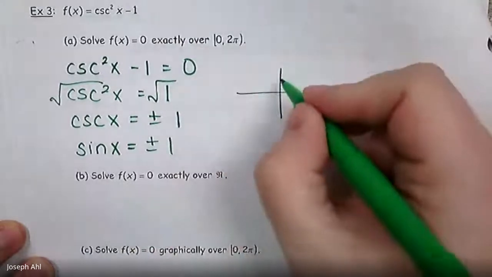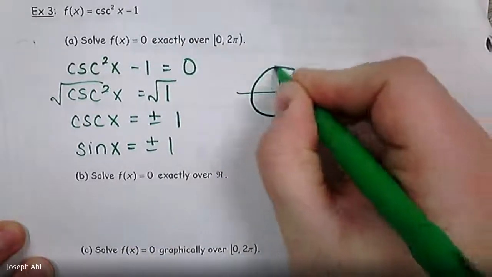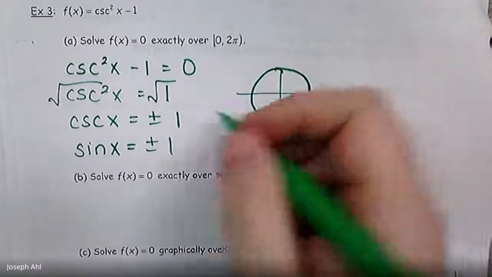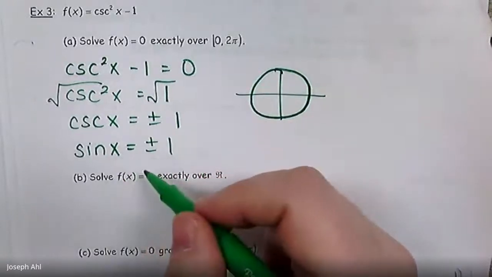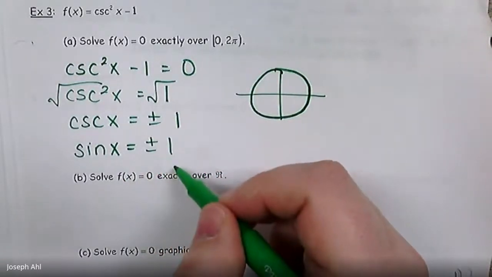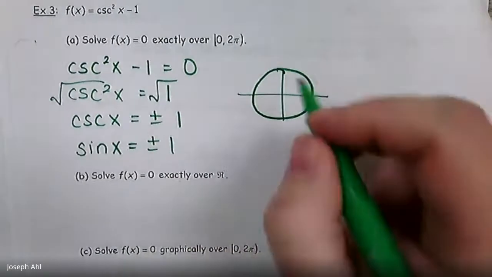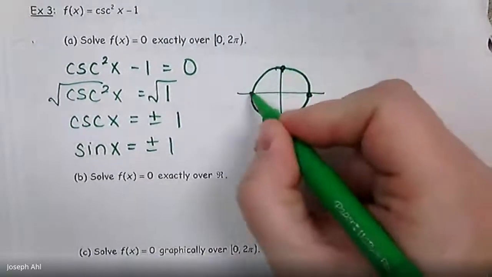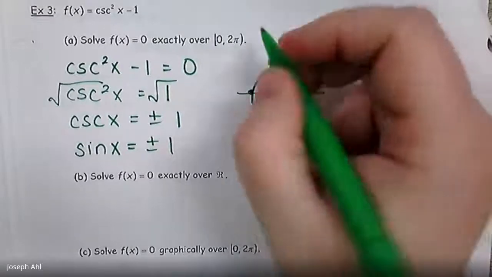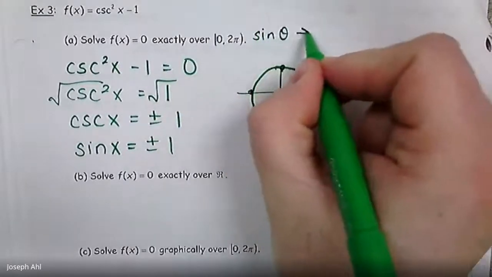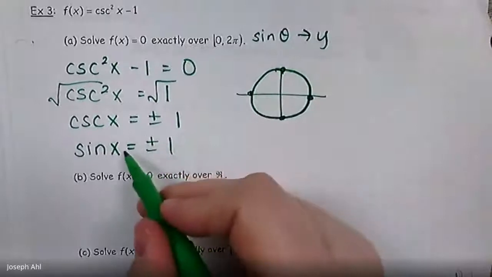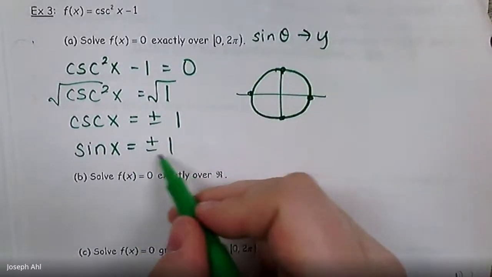But it turns out that it's not a triangle question, because remember that the ratio opposite over hypotenuse, those both can't be 1s. This is going to be a unit circle application. So what you have to do is look around the unit circle. Remember that sine goes with y. And you want to know, when is the y value 1 and when is the y value negative 1